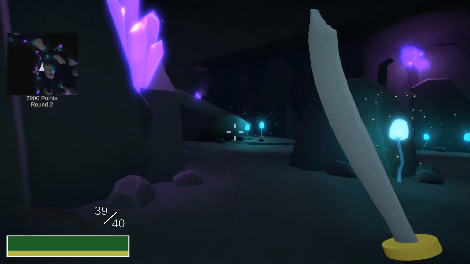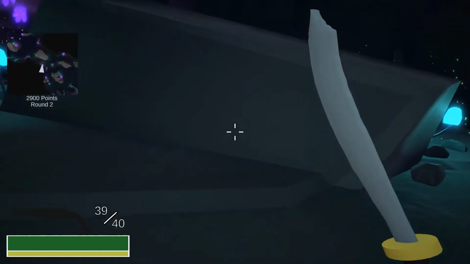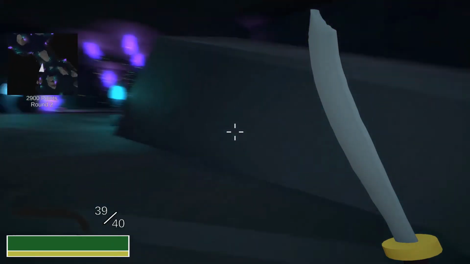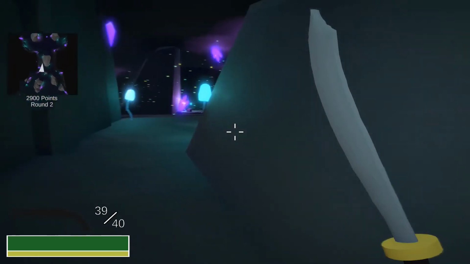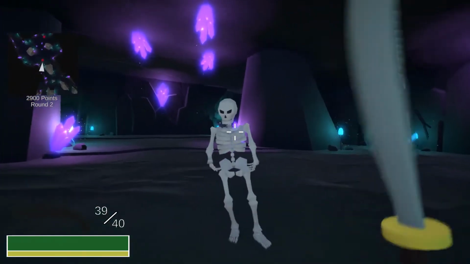While we're waiting for the skeletons to come find us down here, I also want to show you this other feature. So the player's got a small light in front of them, which allows them to see the skeletons at close range inside of the cave. Speaking of the skeletons,